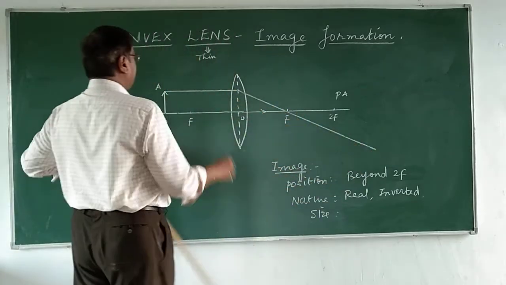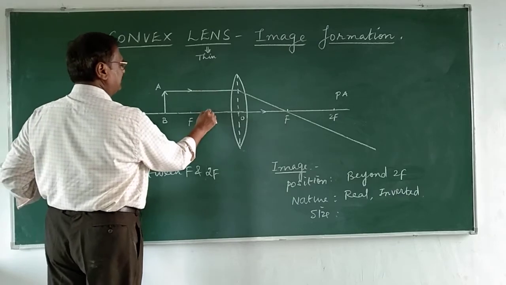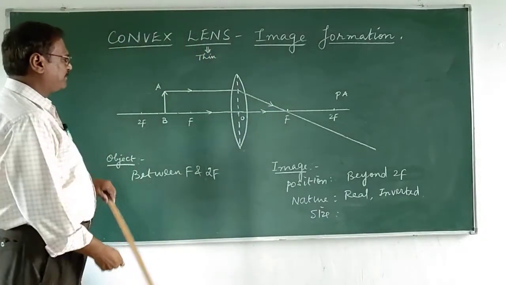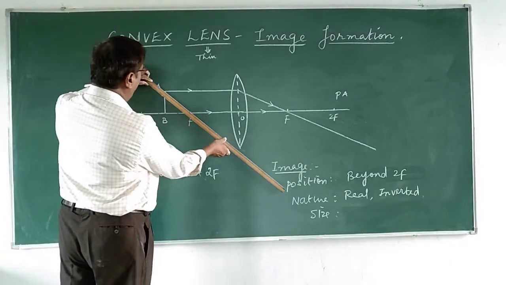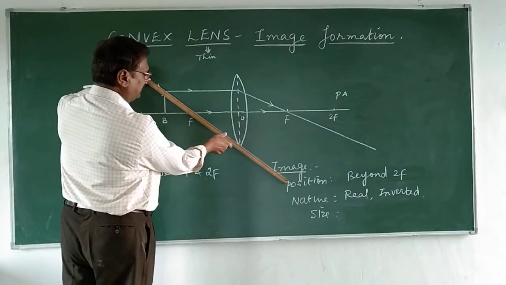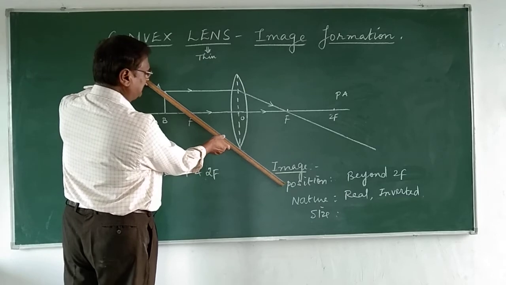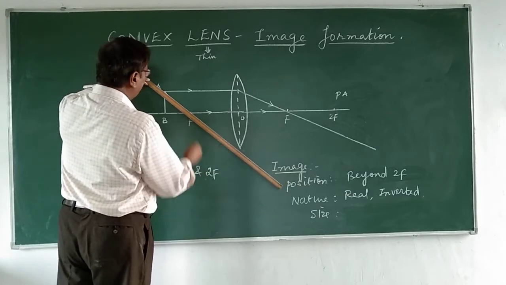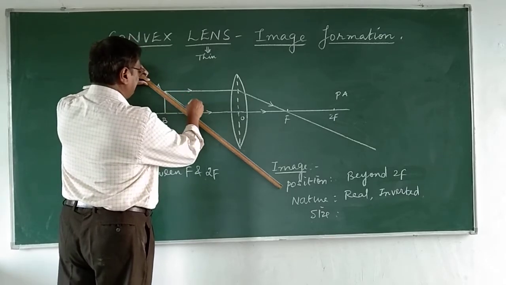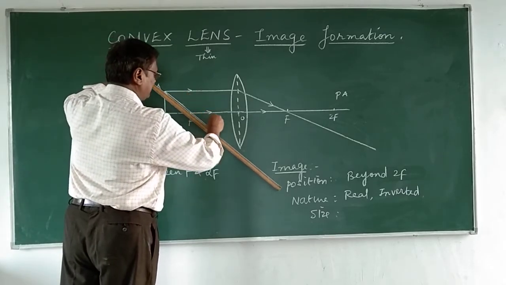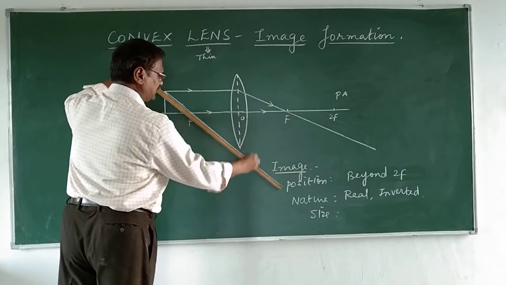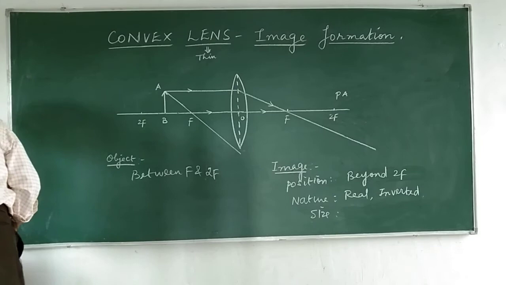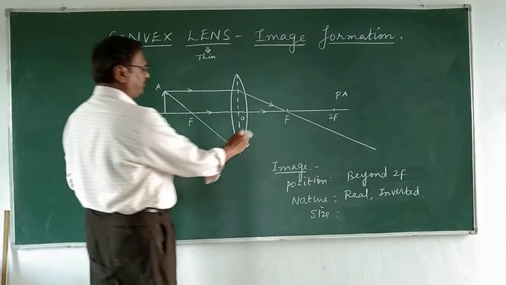Okay. Now this ray is over. This ray is without deviation. This ray is over. Next ray. Let me take the ray, pass it through the focus. Yes, I have drawn the diagram little smaller. No problem. It doesn't matter. Okay, let me take it and pass it through the focus. Yes, these adjustments you can easily do. Nobody is going to stop you.